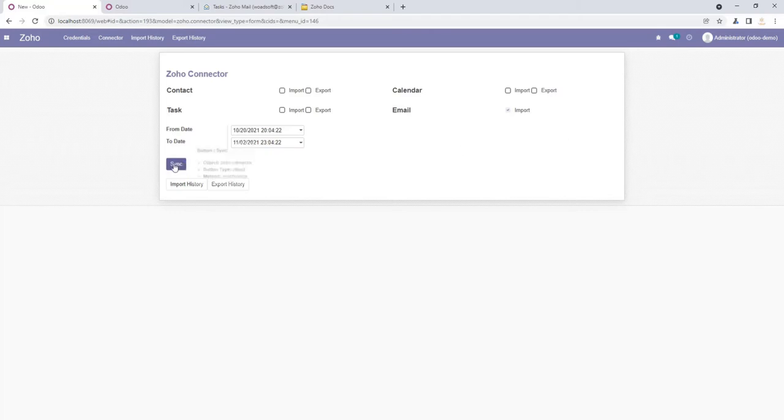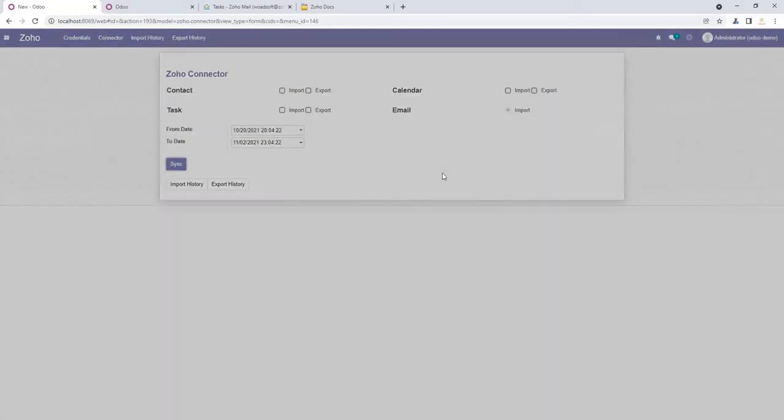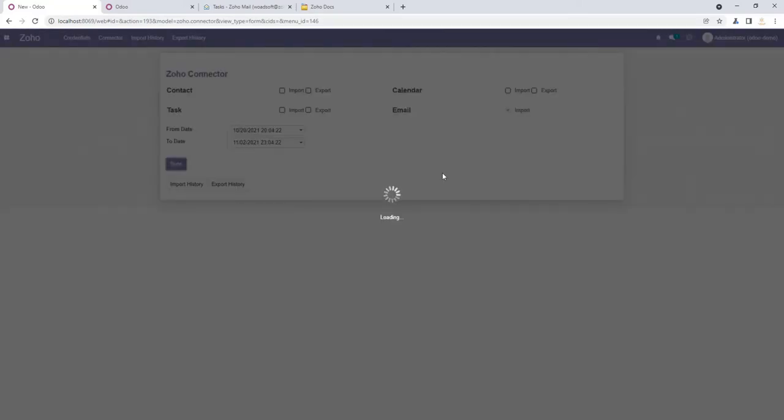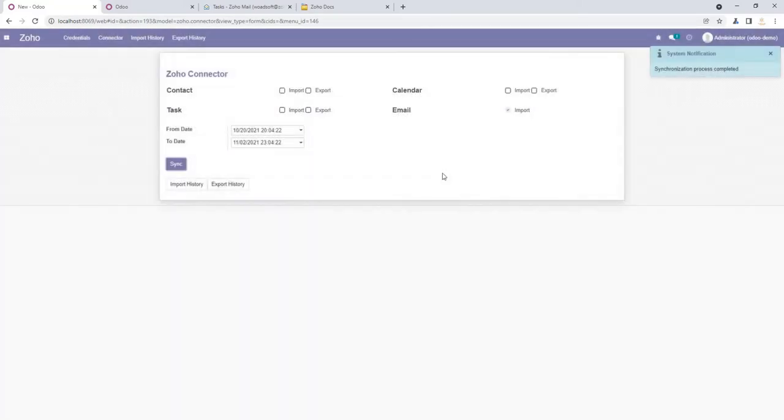So simply click the sync button. So it will take a few seconds.